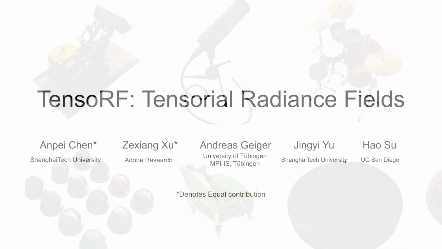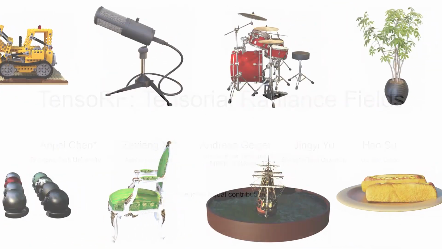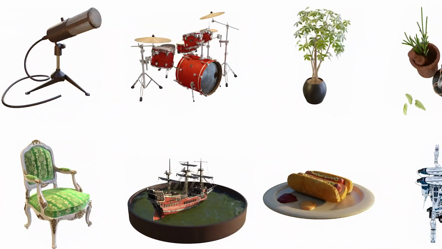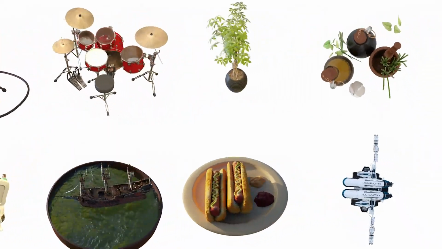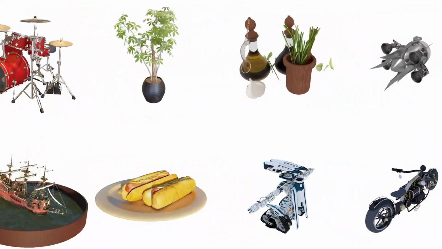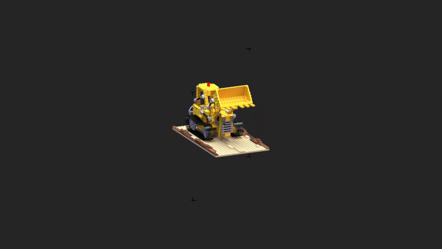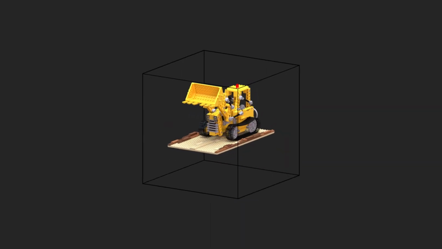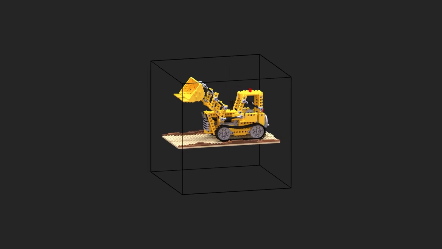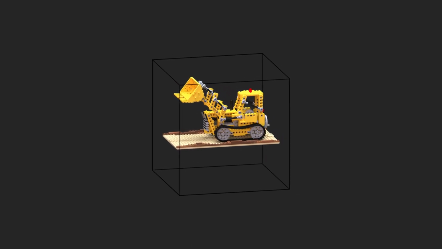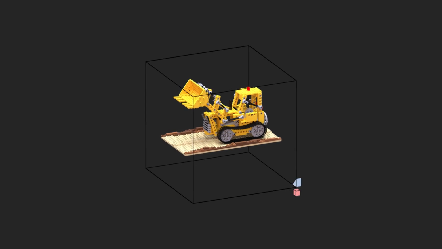We propose Tensorial Radiance fields, or TensoRF, a novel scene representation that enables photorealistic rendering, fast reconstruction, and compact modeling simultaneously. We model a 3D scene as a radiance field inside its bounding volume. We consider this radiance field as a high-dimensional tensor and propose to decompose it into compact low-rank tensor component factors